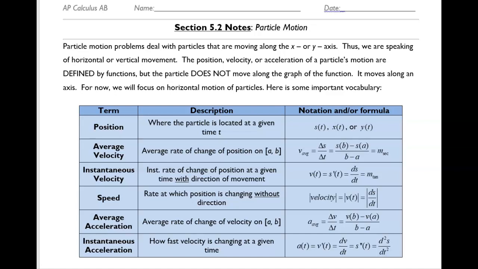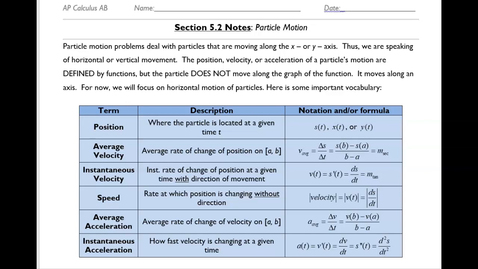In section 5.2, we'll be discussing particle motion. So particle motion problems deal with particles that are usually moving along the x-axis or the y-axis. So we're talking about horizontal or vertical movement. So in this class, we'll only talk about movement that is horizontal or vertical, so moving left and right or